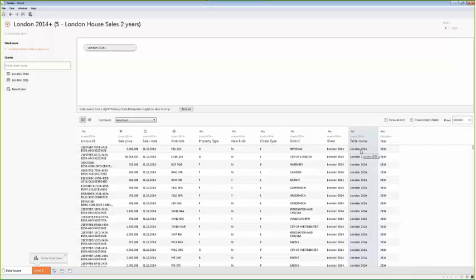In this case, it looked for the space symbol in between London and the year, and it figured London is a row, so that's not needed. So it just gives us the second part of that split. You can also do this manually. If you go into the same menu, you can go to custom split,